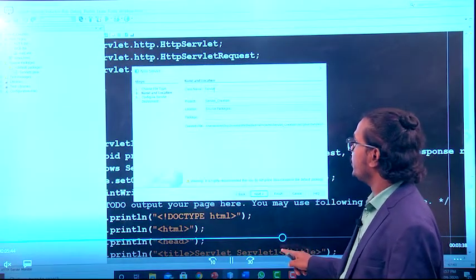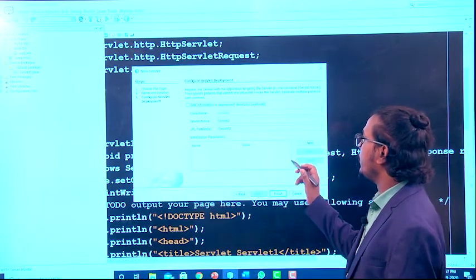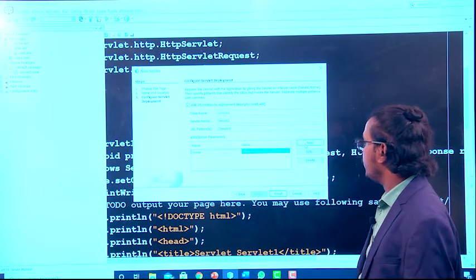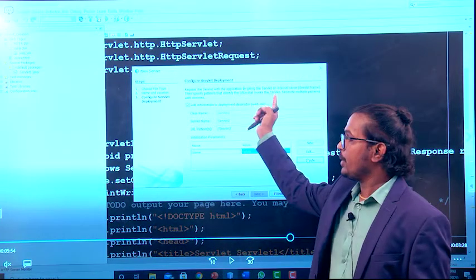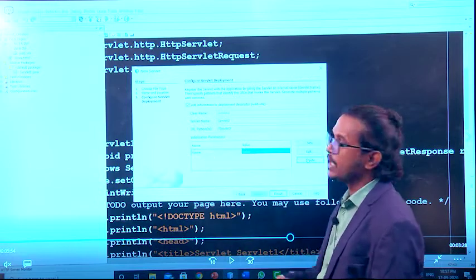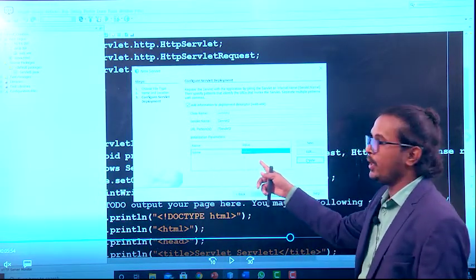For that, again you have to right click and create a new servlet and give the servlet name. Click on the next button, and add some description to your web.xml file. After that, if you want to initialize any parameters, you can give the parameter name and the value here.